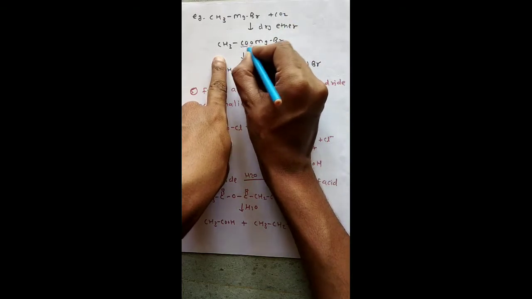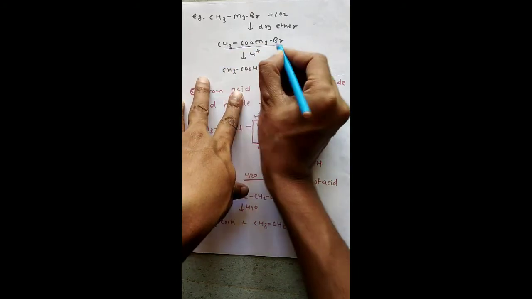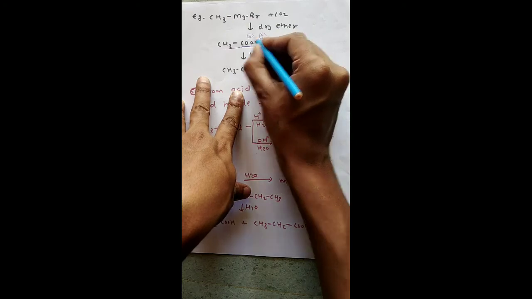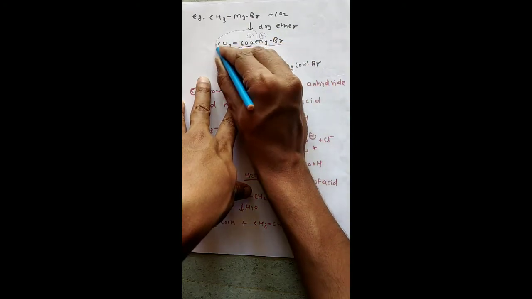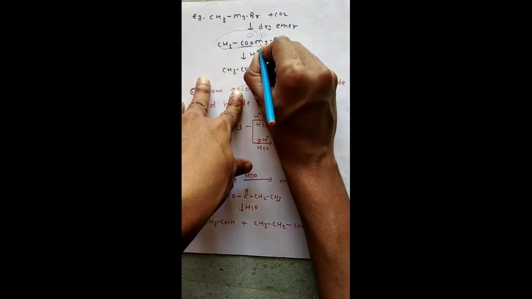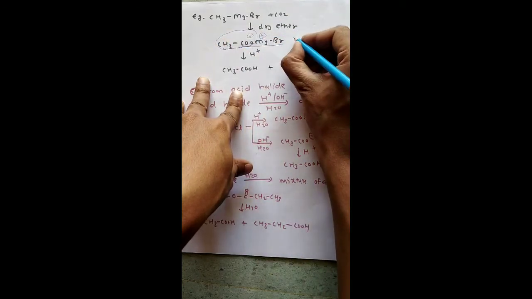The whole molecule adds here. Now you can see this one is a negative ion and this one is a positive ion. This negative ion is called carboxylate. So it is magnesium and bromide. So the whole name of the compound is